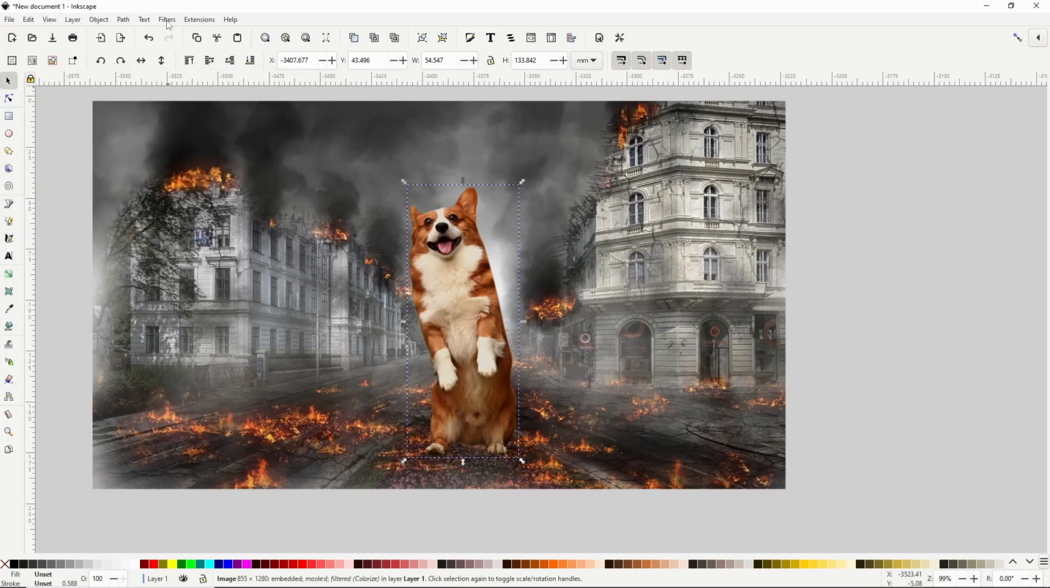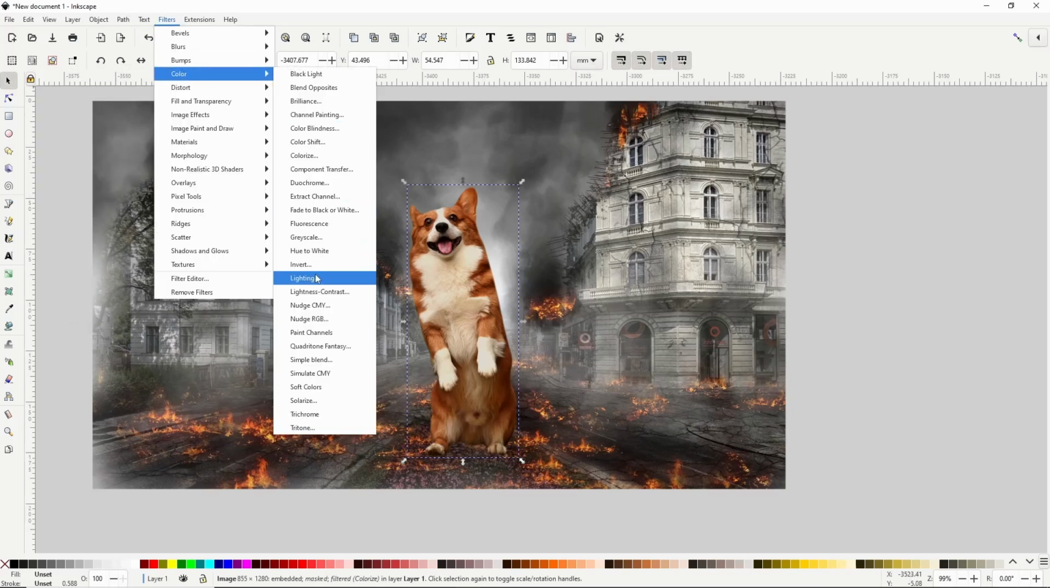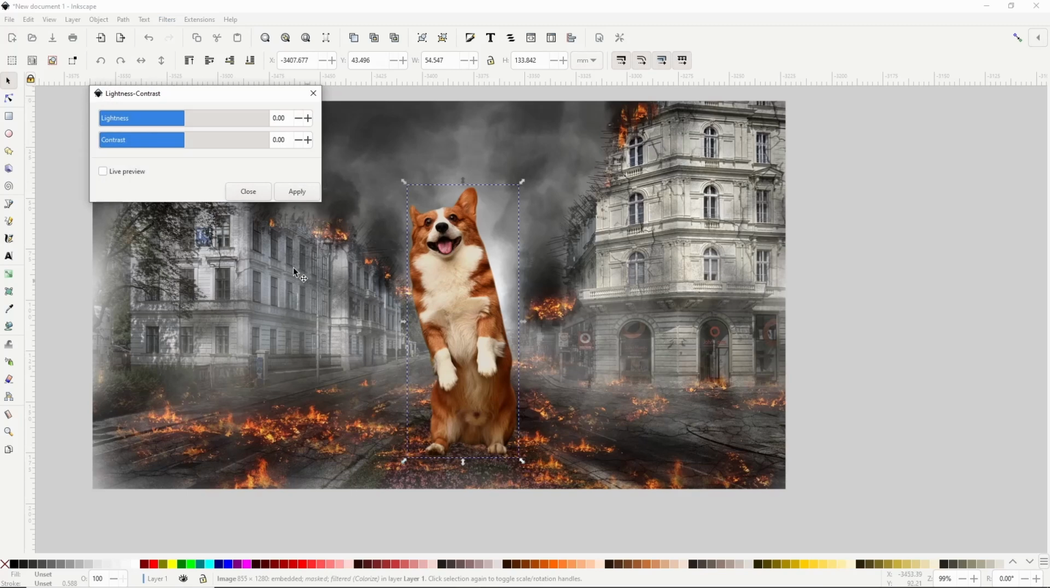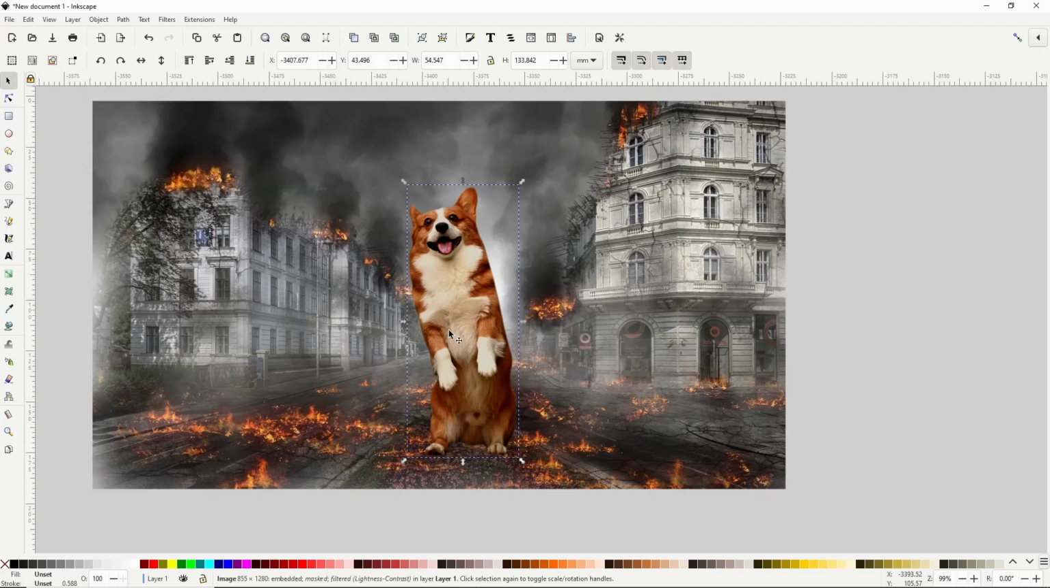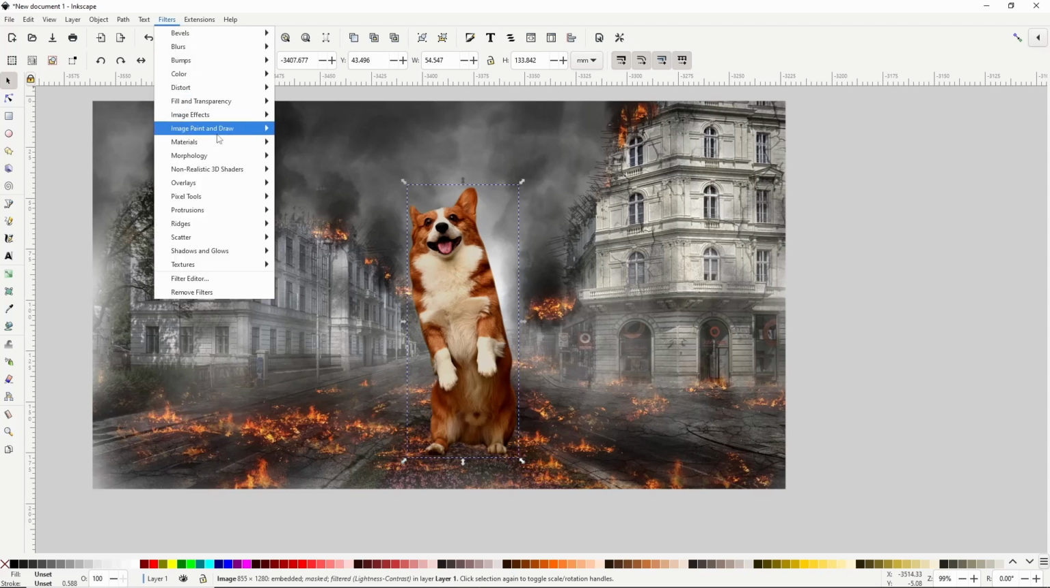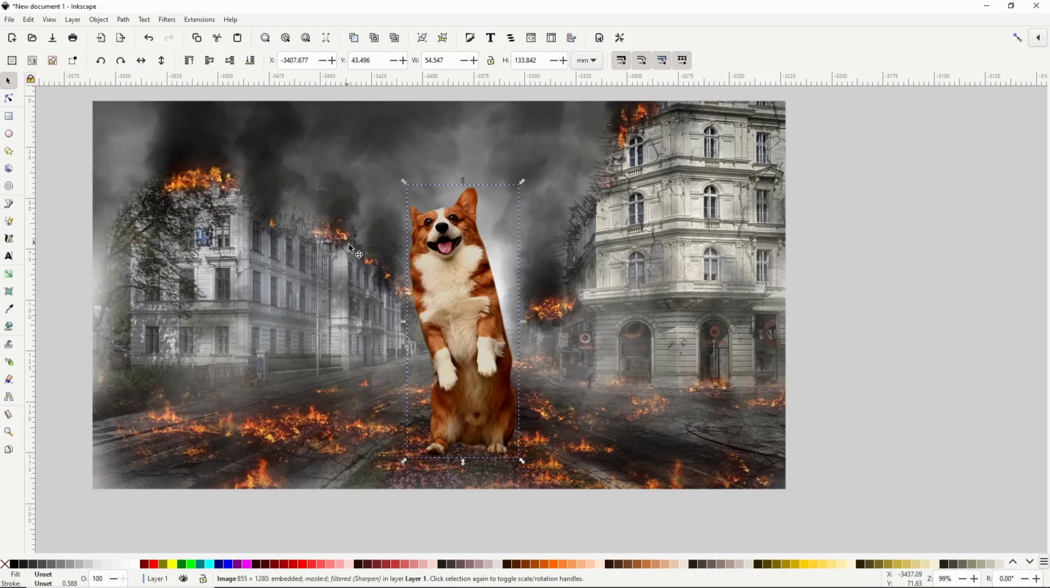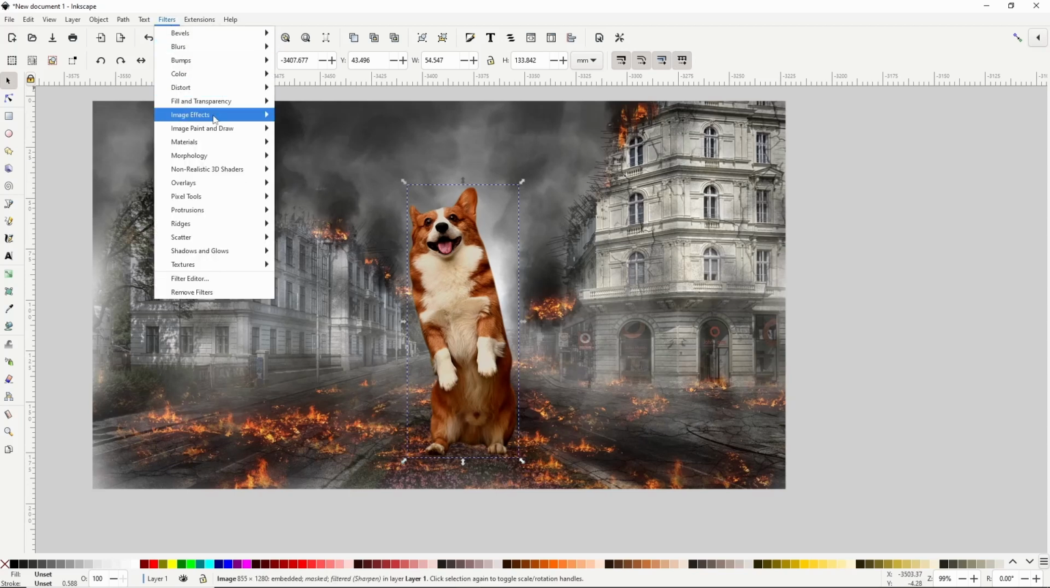Next, I'll go to Filters, Color, Lightness, Contrast. With this filter, I can adjust the lightness a bit more, as well as adjust the contrast. That should work. I also feel like he's a little too blurry. To make him sharper, I can go to Filters, Image Effects, Sharpen. That's good, but not good enough, so I'll undo with the Ctrl Z, then go to Filters, Image Effects, Sharpen